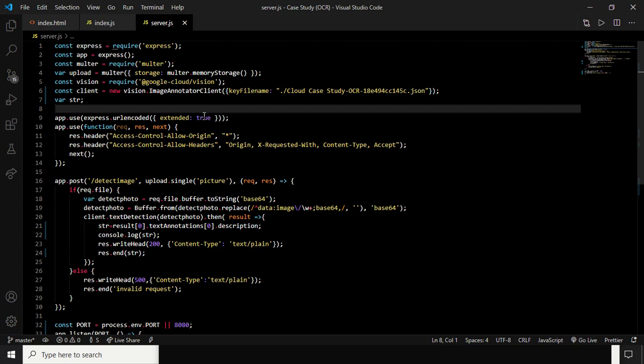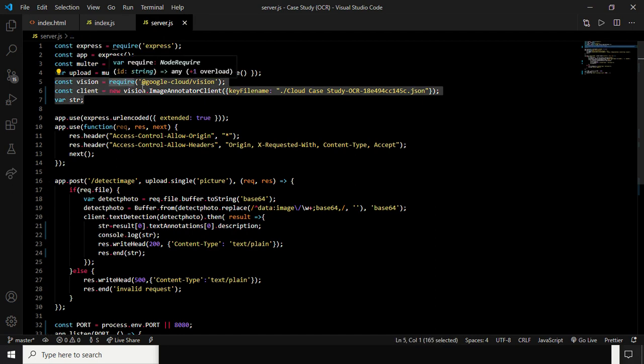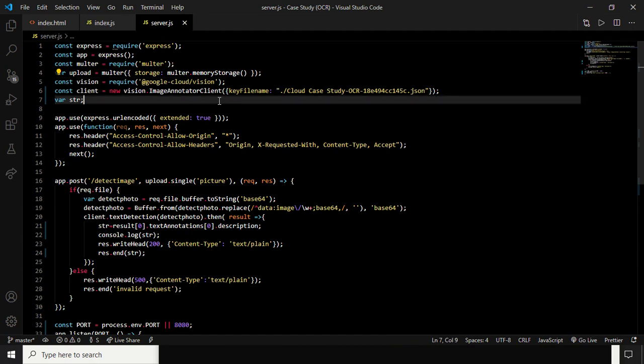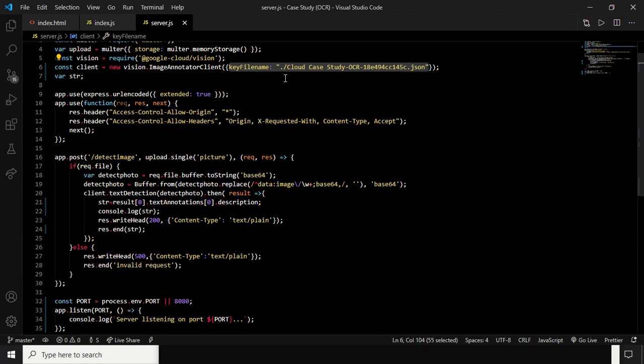Now let me explain the backend part of the program. I used Express to handle the HTTP post request, and Multer to get the image file, and Vision API to detect text in images, and I'm using the image annotator client module to use the text detection function, and I have to pass the key file name, which is the key for using the Vision API, and you will get it while creating the service account for the Vision API.